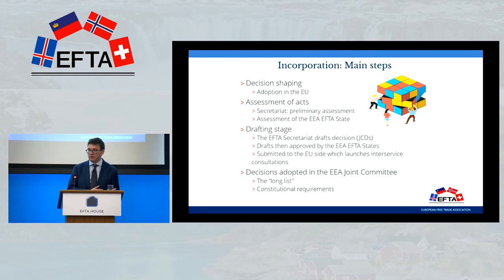That drafting is mainly done in the Secretariat. Then when the Secretariat has drafted the decision, we send it for approval to the EFTA states, and that is usually done in the working groups and then in the subcommittees that I mentioned. If there is a so-called fast track, which applies to legal acts that are fairly straightforward and don't need any adaptations and don't raise any horizontal issues and fall into certain sectors, then actually the drafting can start earlier and can go straight to the subcommittee. But once we have